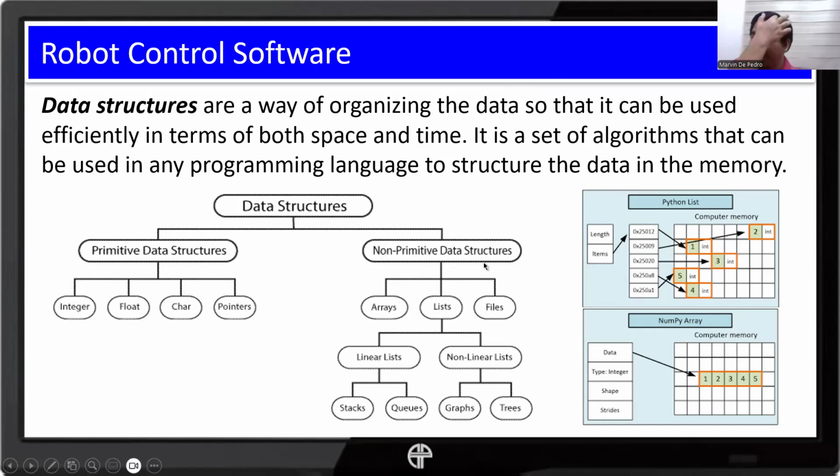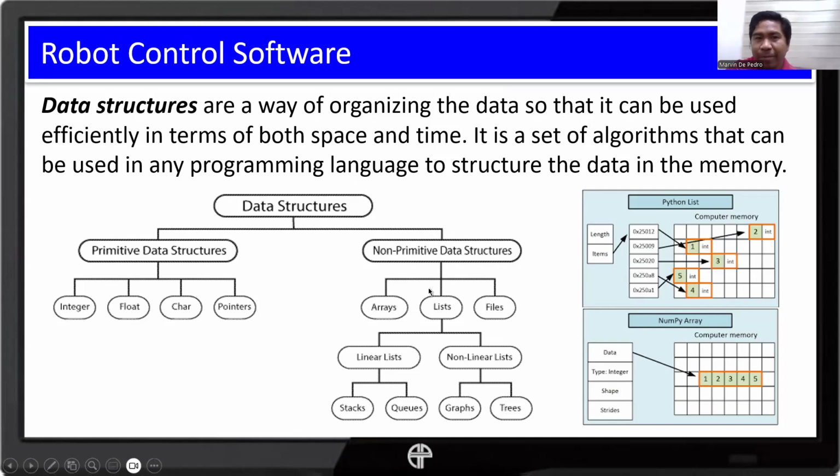When we say non-primitive, they are not as is, okay? These are data structures that we build, of course, using the syntax of the programming. By the way, here we are more in the Python context. All right.